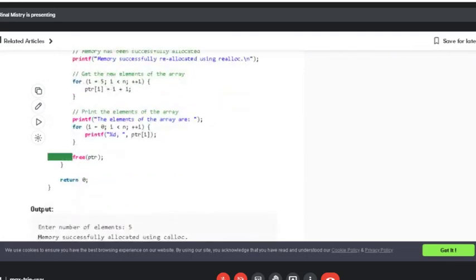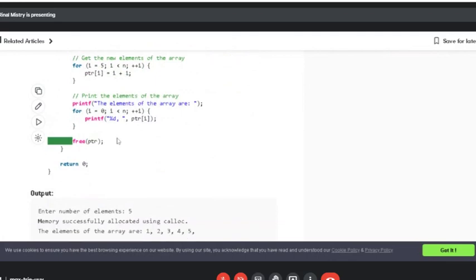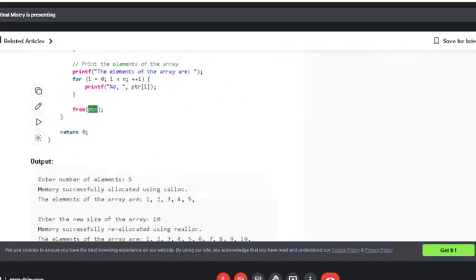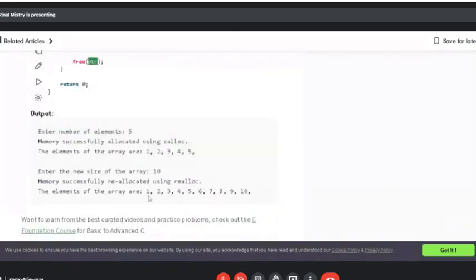So no space has been reserved or occupied by this pointer or the array in the memory. So you can see over here the 10 array elements are printed, right? 1, 2, 3, 4, 5, 6, 7, 8, 9 and 10.